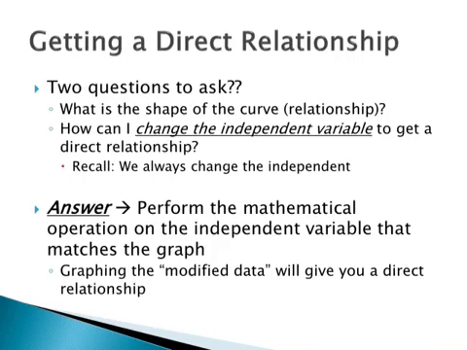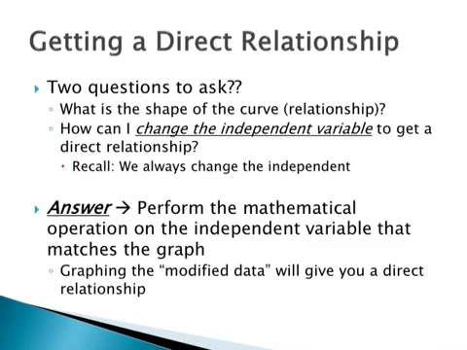So when you graph data and you get just the simplest graph, there are 2 things that you need to ask yourself. The first, the simple question: what is the shape of the curve, or the shape of the graph? And the shape of the graph is going to represent the relationship. So is it a direct relationship? Is it a straight line? Is it a horizontal relationship? Do I see a horizontal line? Is it an inverse relationship? Is it a square? Is it a square root? You're going to look at the graph and determine, just by the shape of that curve,